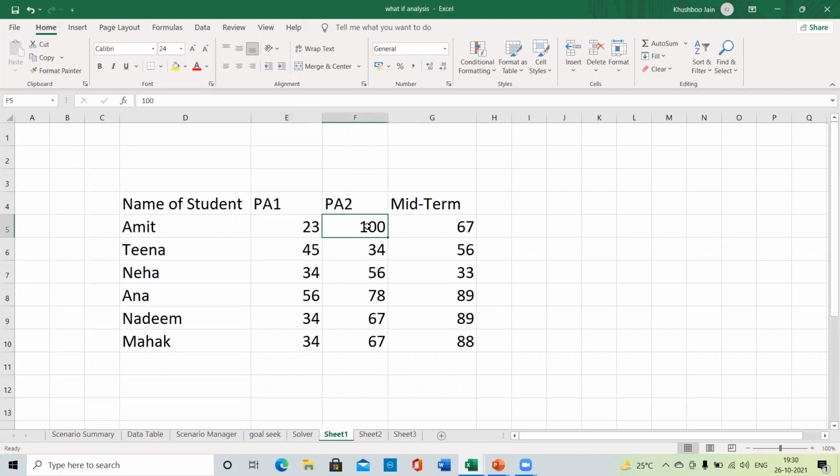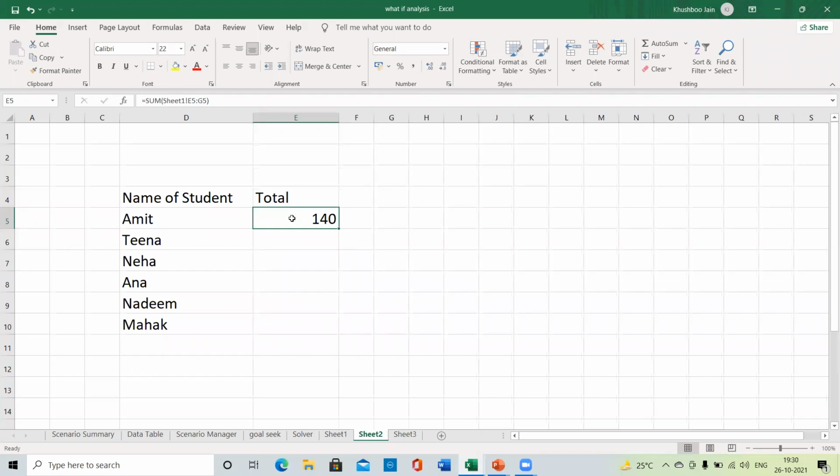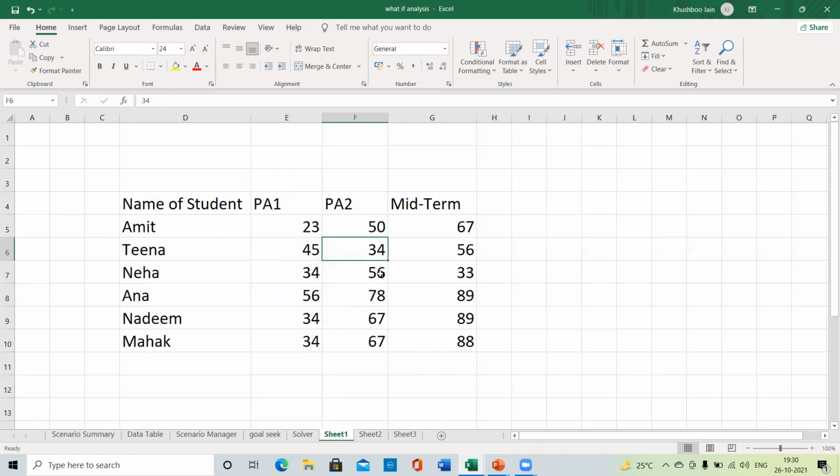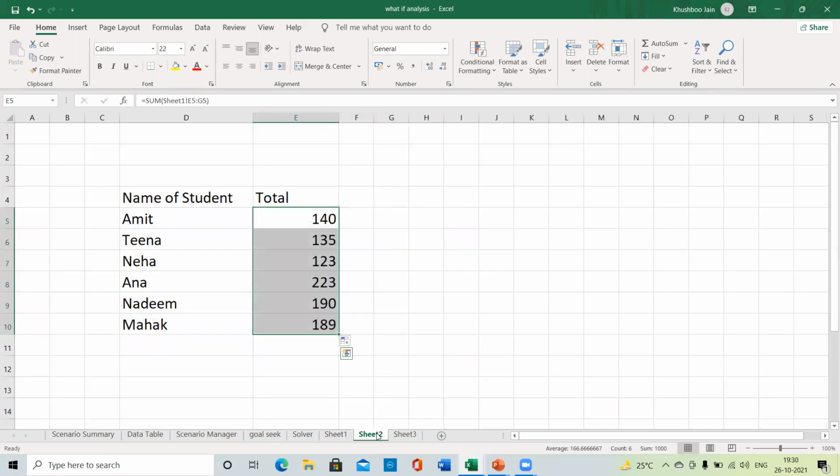2367. Now, if I'm changing this 100 to 50, so let me check whether it is changing. Yes, the total is changing. So this shows that my sheet 1 and sheet 2 are linked together with this formula, and if you are changing the values, then the result or the sum will automatically update, right? Now, if you will copy this formula down, it will take the values according to from this sheet. Got it? So this is the linking, and I have done this linking with mouse.